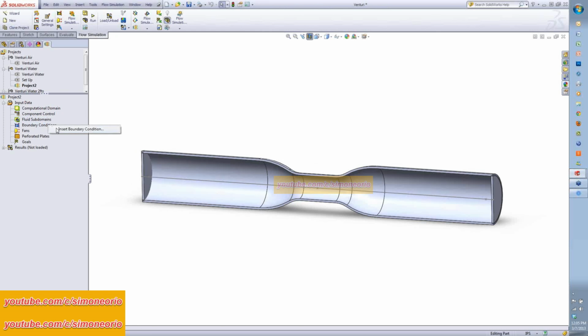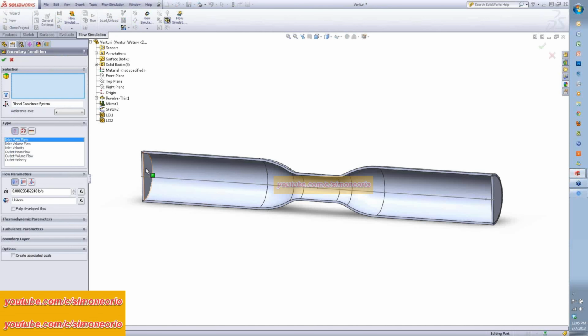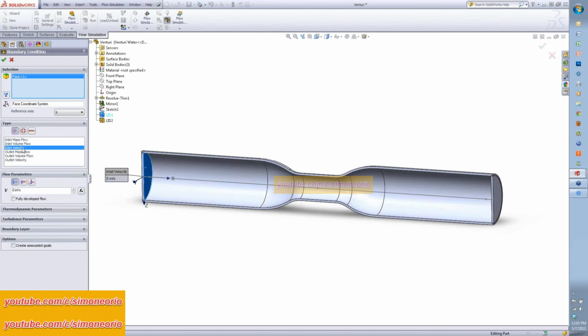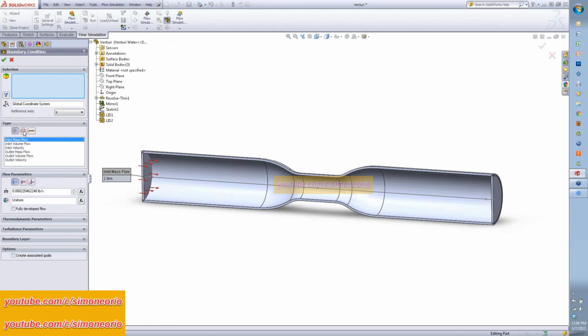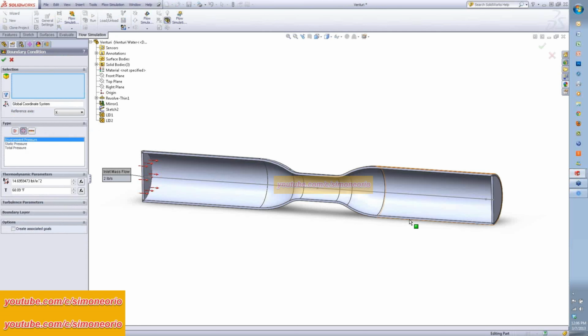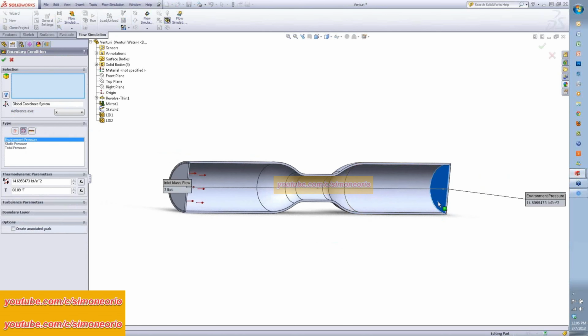I want to add a specific flow rate coming in on this end. We can do an inlet mass flow rate, a volumetric flow rate, or a velocity. So we'll do a mass flow rate, and these are pounds per second. I'm going to specify 2 pounds per second inlet. For my outlet, I'm going to insert a new boundary condition, and it's going to be a pressure outlet to environmental pressure on the back side.